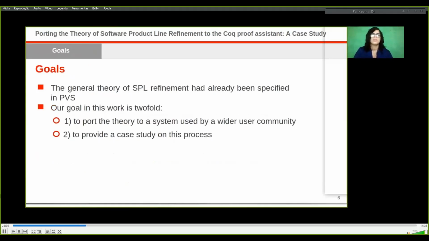Also, the theories have been encoded in proof assistants using PVS, another proof system. So the purpose of the study is, one, to bring the theory to a system used by a wide user community, and two, to provide a case study on this process. This enables us to reflect and investigate the similarities and differences between the two proof systems in terms of the specification and proof effort, which might be useful for the research community to better understand the strengths and the weaknesses